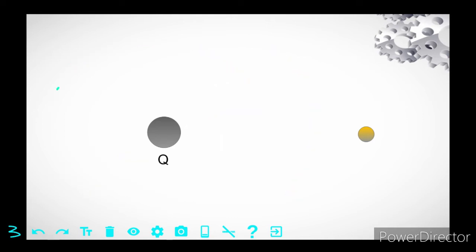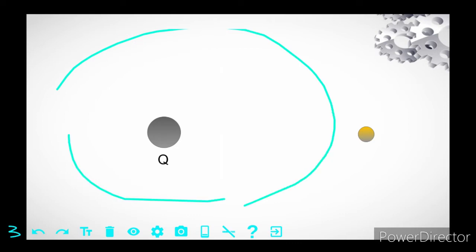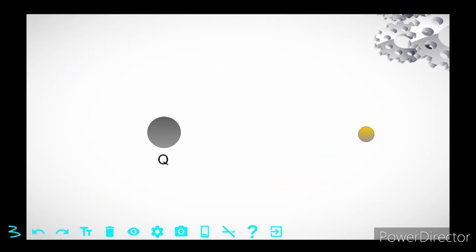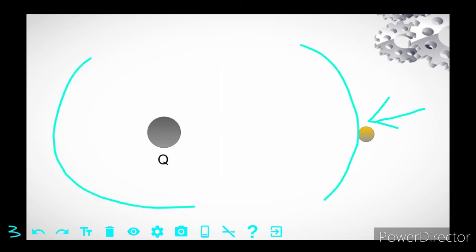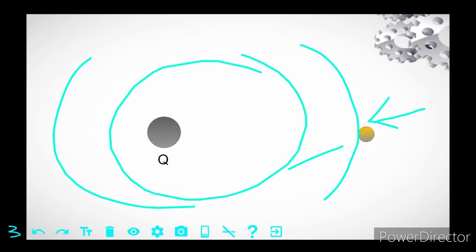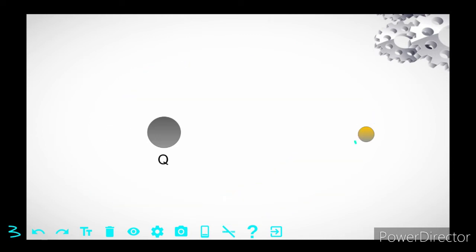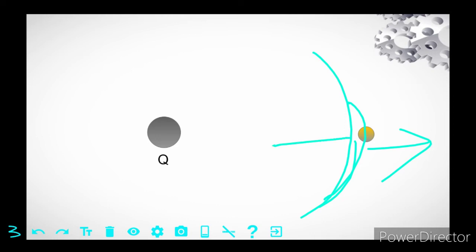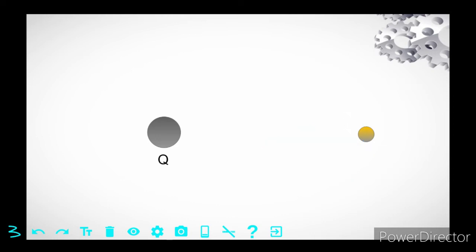When another charge enters this field, it experiences some force due to the electric field. I hope this is clear. It experiences an attractive or a repulsive force depending on the nature of the charge. Okay, let's move to the next slide.